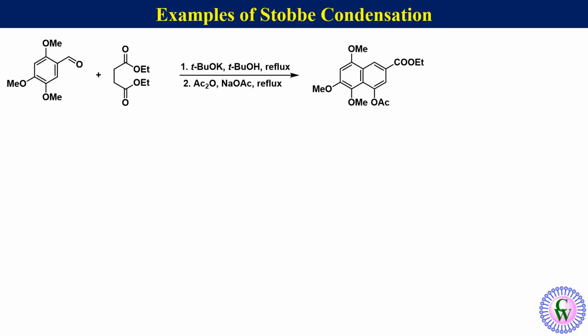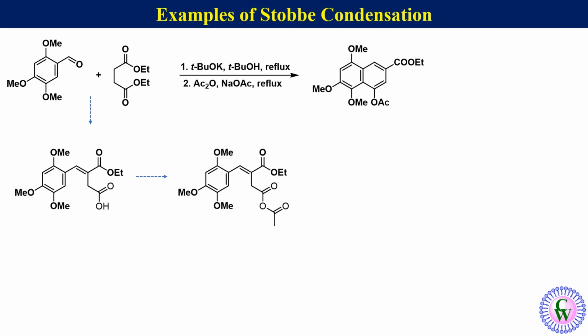First of all, trimethoxybenzaldehyde and diethyl succinate undergo Stobbe condensation to produce this Stobbe condensation product. The carboxylic group of this condensed product reacts with acetic anhydride in the presence of sodium acetate to produce this mixed anhydride, which then undergoes cyclization like this to produce this naphthol